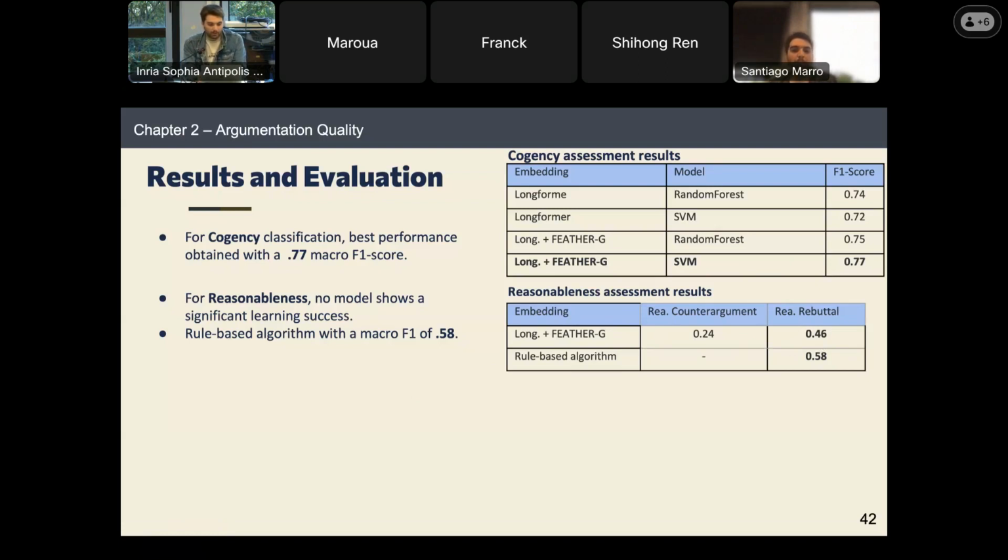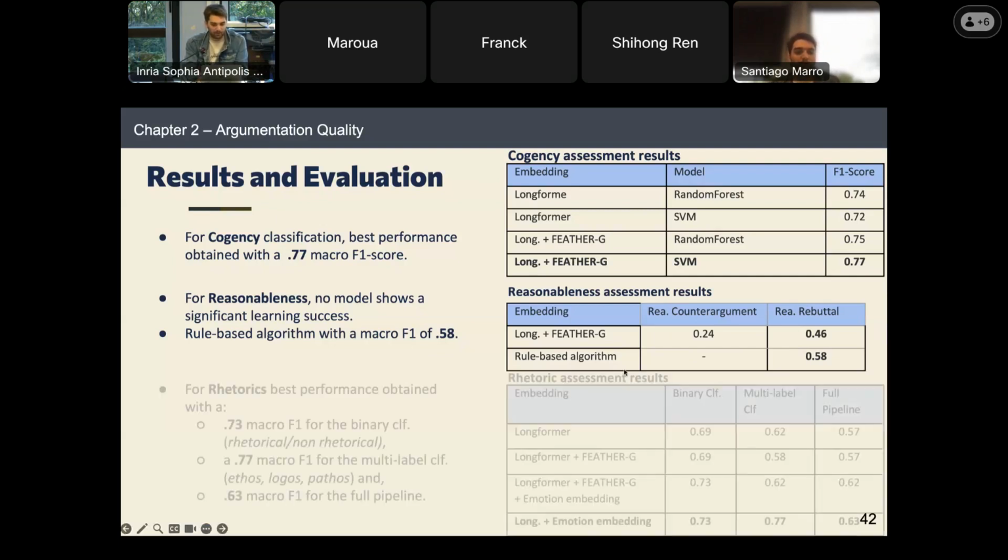What we propose is a rule-based algorithm that applies all of the rules that we have in the rubric table, and we compute it for the rebuttal, and we obtain an F1 score of 0.58. This, of course, should be improved with more data, and that's one of the future perspectives we have for this thesis.